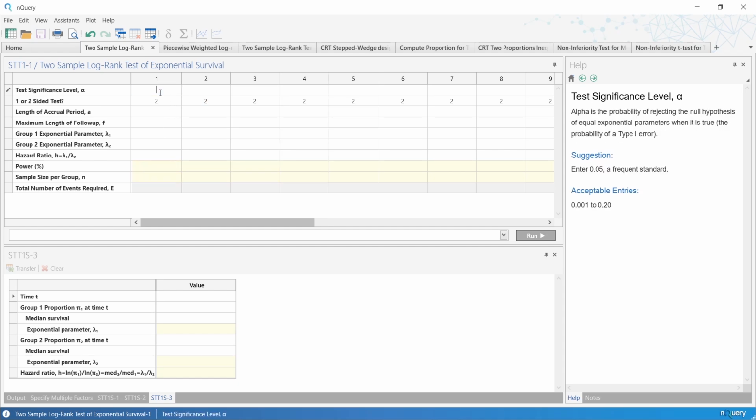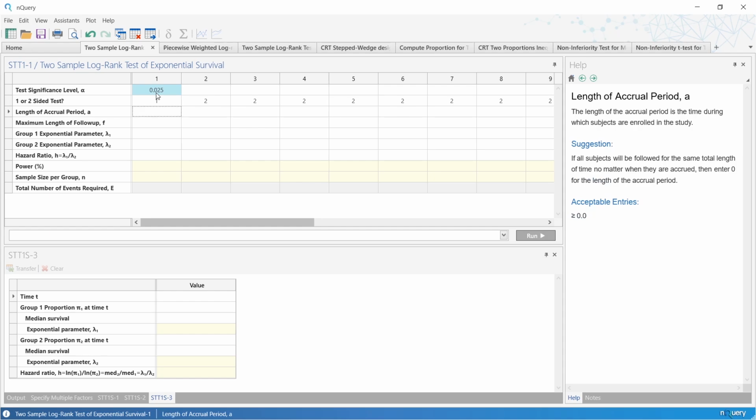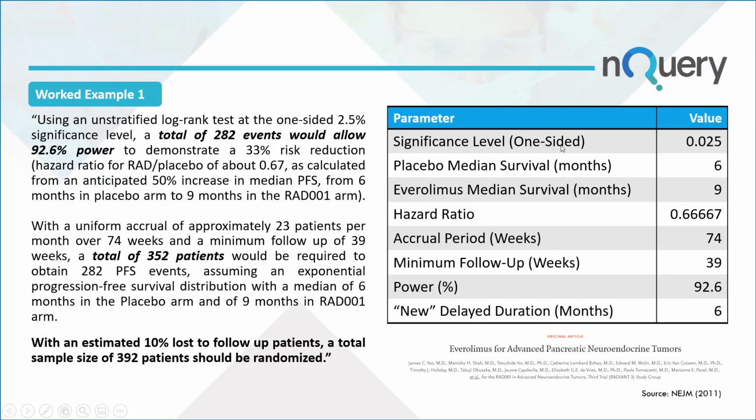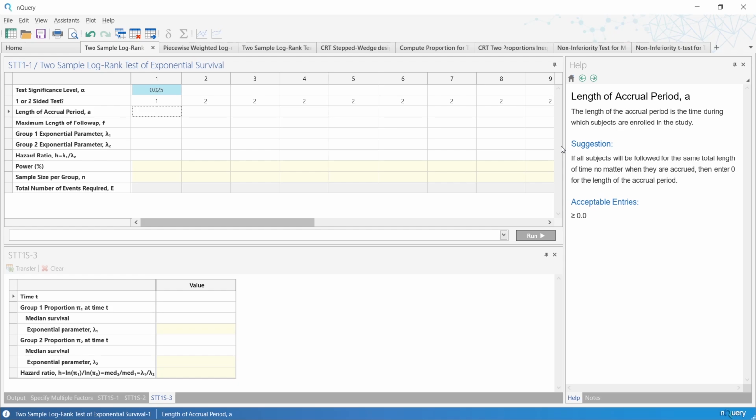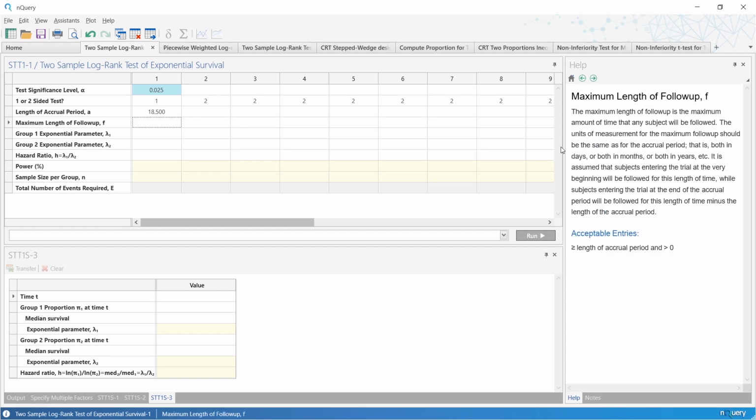So let's do our calculation in column 1, where they had a test significance level of 0.025, and that was at the one-sided level. They had an accrual period of 74 weeks, but you'll have noticed that the median survival is given in months. In survival analysis, it's very important that all time-dependent units are parameterized on the same time unit. So we're going to take that accrual and follow-up period in weeks and turn that into months simply by dividing by 4. So 74 divided by 4 is equal to 18.5,